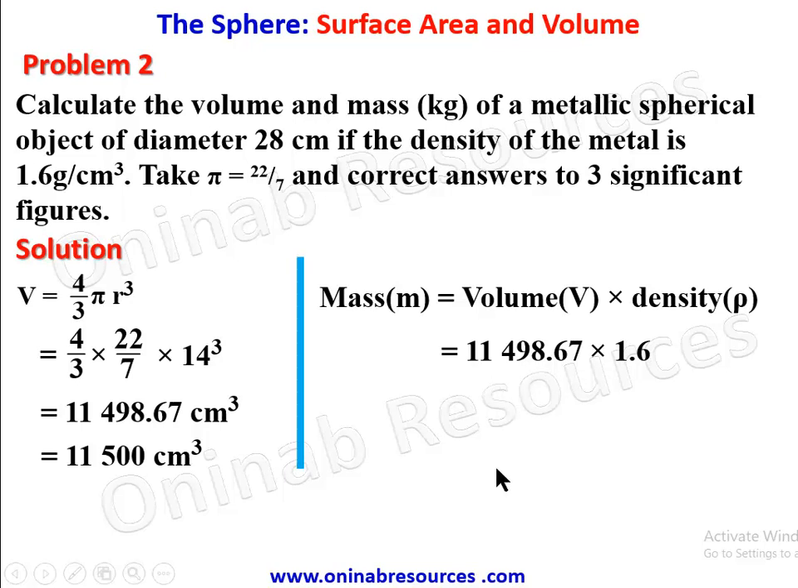And multiplying this out, we have 18,397.9 grams. And we are meant to give our answer in kilograms. So that will give us 18.3979. We have divided by 1,000, since 1,000 grams make 1 kilogram. So converting these to 3 significant figures, we have